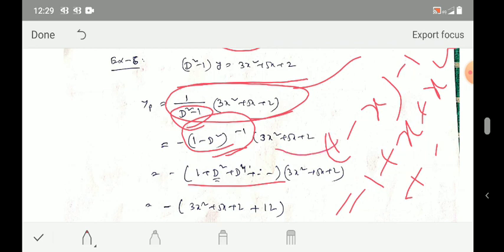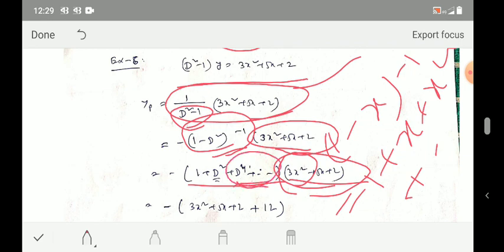But here the function is only a second degree function. Second degree function means after differentiation, after 3 times differentiation, all the terms become 0. Second degree term will remain a constant after differentiating, but if we differentiate 3 times or 4 times or 5 times, it becomes 0. Therefore we don't need these terms, D to the power 4 plus dot dot dot. We only need this portion, 1 plus D squared.